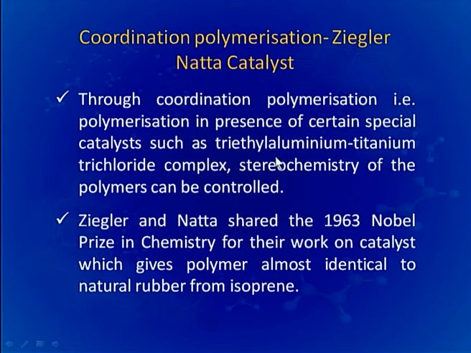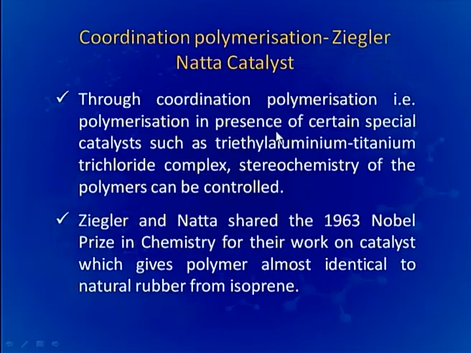In this catalyst, there were two parts: one is the catalyst and the other is the co-catalyst. The catalyst was the halide of transition elements, for example, titanium trichloride, and in the co-catalyst, alkyl and aryl derivatives of the elements of group 1 to 4 were used. These two compounds in combination form a complex, and then this complex becomes attached to the monomeric unit, and then they were able to control the stereochemistry of the product.